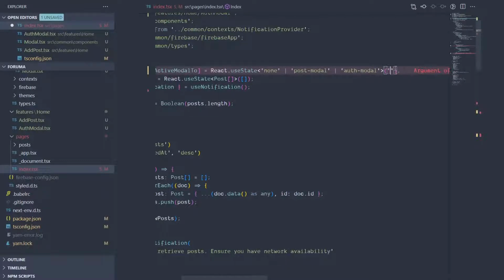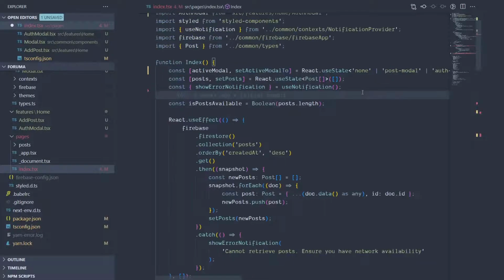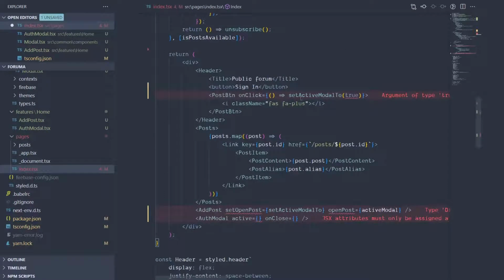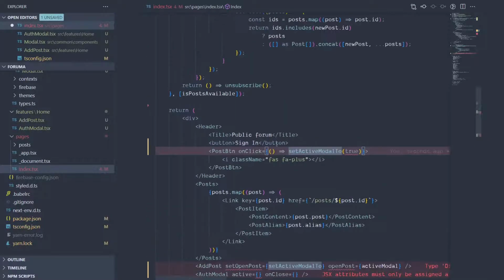right? So that's one of the powers of TypeScript. So we are setting it to none the first time, right? So when a page loads, no modal should be open. So definitely, yeah, that's it. So no modal opens. Now we need to go down here and make changes to these states, right? So the first one is what